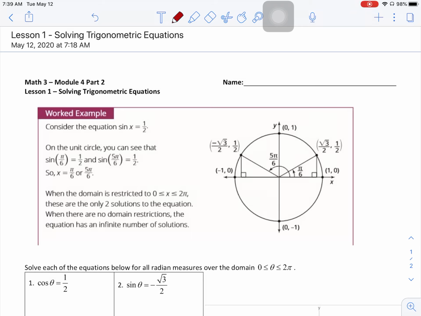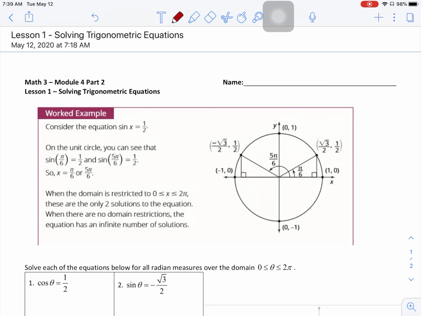So for the last lesson, we have solving trig equations. So far we've had you guys do graphing sine and cosine. We use the unit circle to simplify some sine and cosine expressions. And now we're going to solve some equations. So on lesson sheet number 1, I know it seems kind of weird that we're doing number 1 last, but